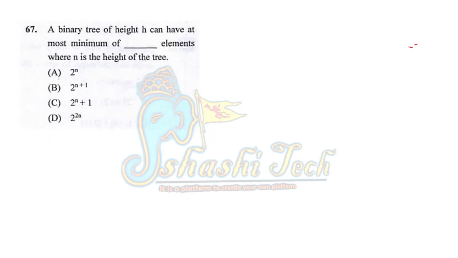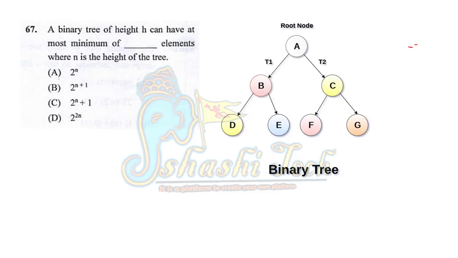Let us consider the next question. A binary tree of height h can have at most minimum of dash elements, where h is the height of a tree. Options are option A 2 power n, option B 2 power n plus 1, option C 2 power n plus 1, option D 2 power 2n. Let us consider a